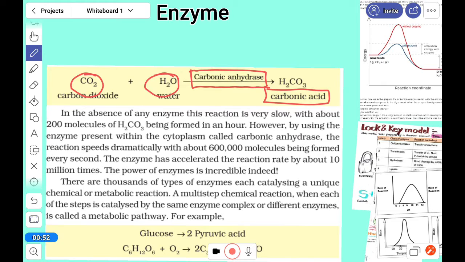So, what will be the rate in each case? Without the enzyme, the rate is 200 molecules per hour that can be formed. But if we use carbonic anhydrase,